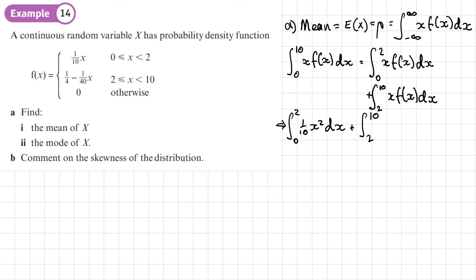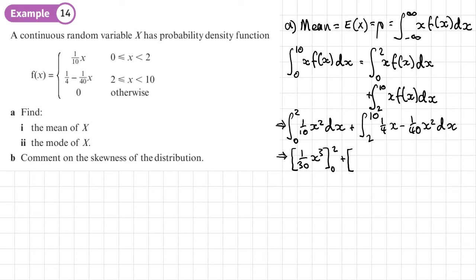So that will be a quarter x minus 1 over 40 x squared dx. Now we'll integrate our functions here. For the first one, 1 over 10 x squared integrated will be 1 over 10 times x cubed over 3. So that's going to be 1 over 30 x cubed between our limits of 0 and 2,